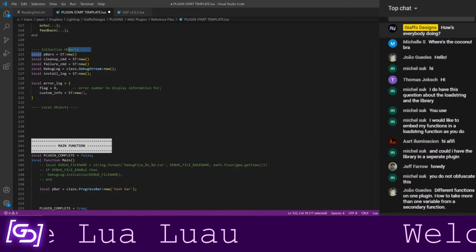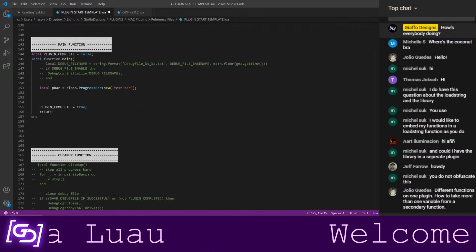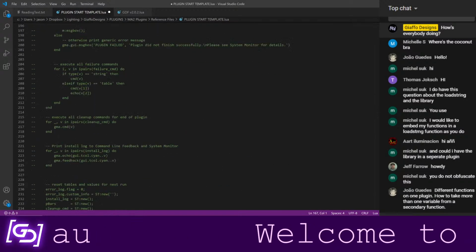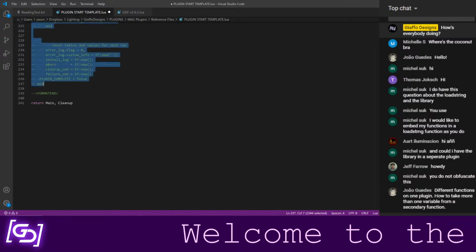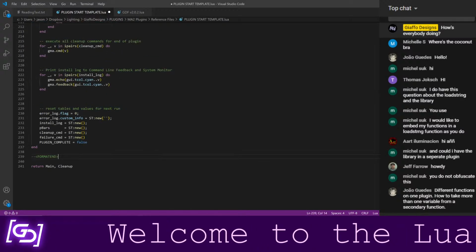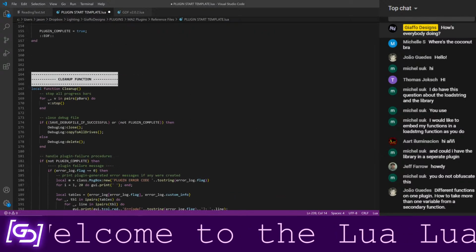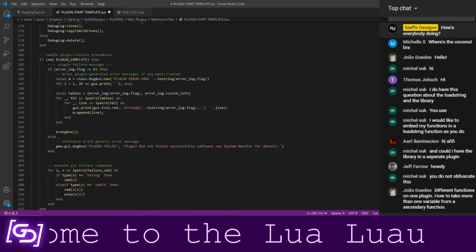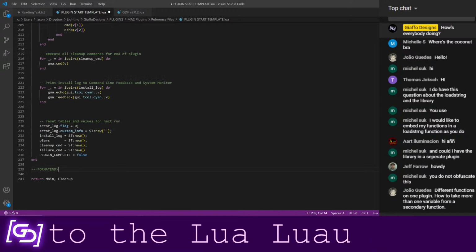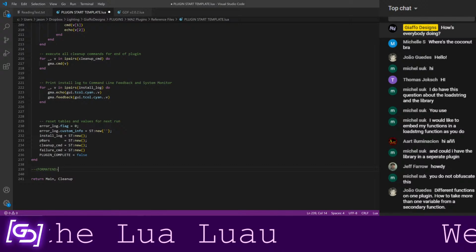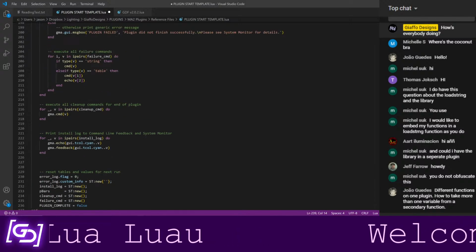For example, progress bars. Anytime the plugin ends, I am going to want to reset all of my collection items. So those will always be set to new tables at the very end of my cleanup function.